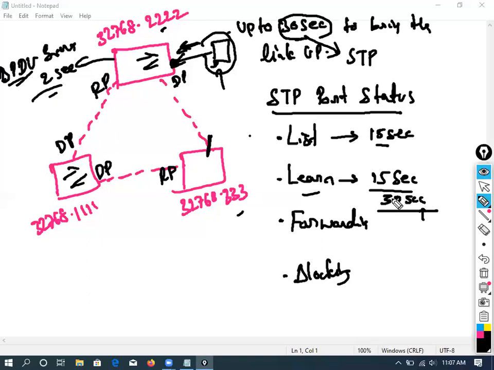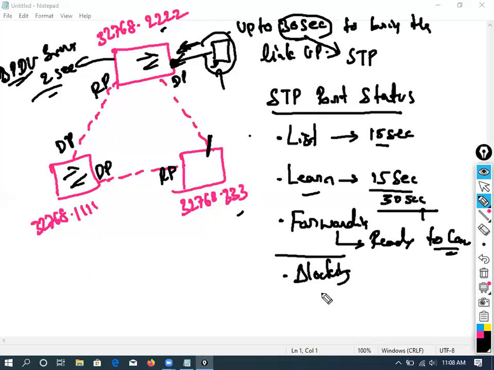Once 30 seconds is done, listening and learning is done, it will immediately move to the forwarding state, which means ready to communicate. Clearly understand? Done.